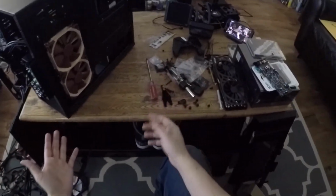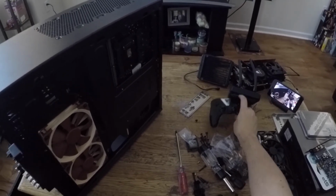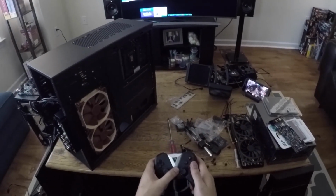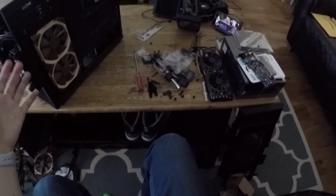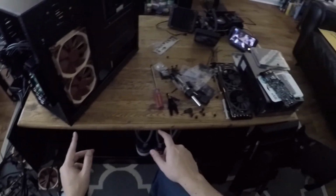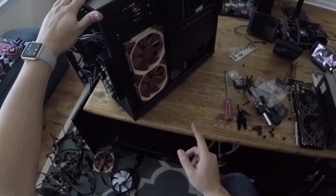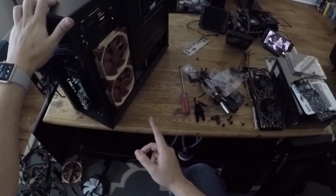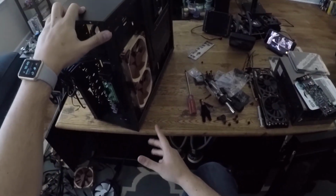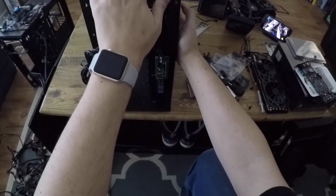Good news. Oh, I gotta turn shroud down. Okay. Good news. I got it to work, I think. It fits, and it was a real pain in the neck to do, but it's screwed in. And I also mounted the CPU cooler. These stick out just ever so slightly past, but I think that's okay because the side panel